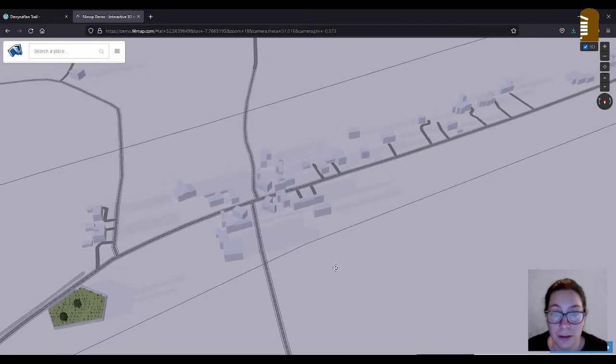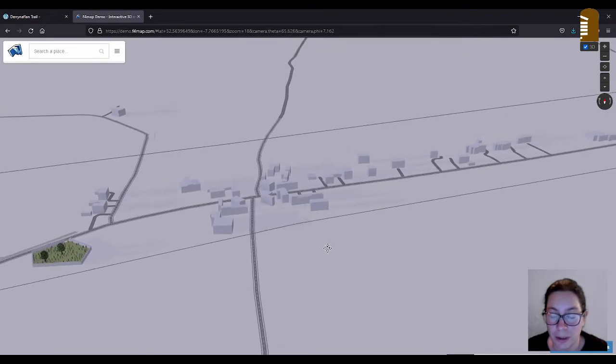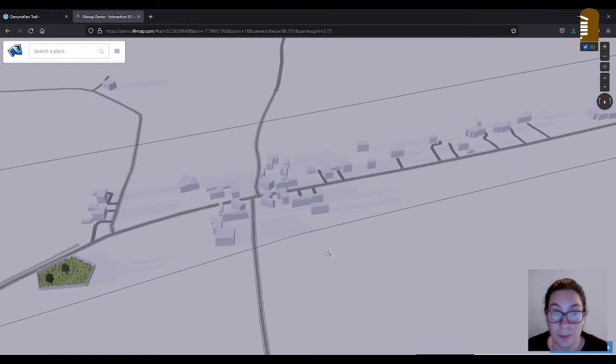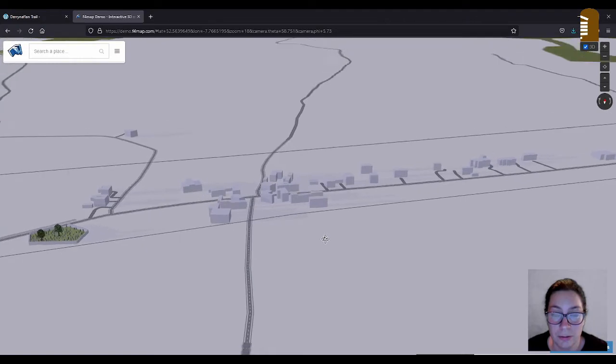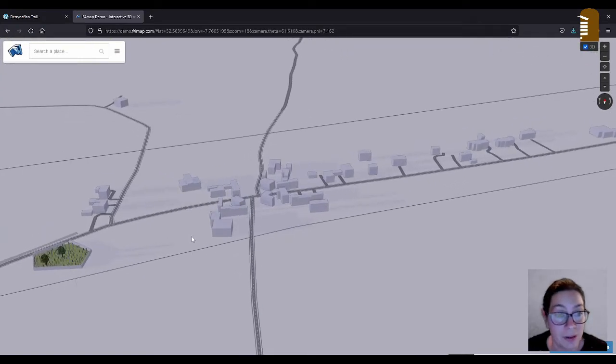You can change the angle by holding your right mouse button pressed and then moving your mouse. Just try it out. It's not rocket science. But you probably need a computer and a mouse for it. You can't do it on your phone, I would think. Maybe you can. So it looks pretty dark because it has